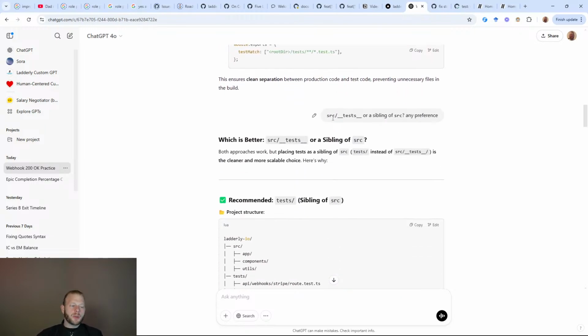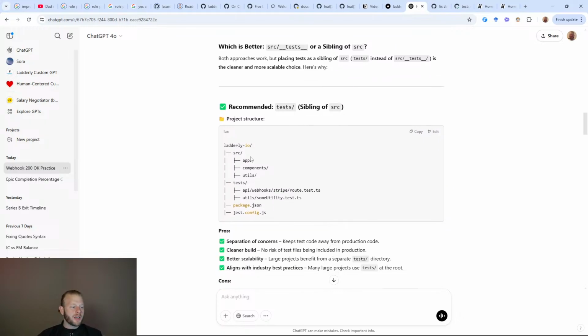And then I just double-clicked. I'm thinking, well, if I want to have a parallel file structure, why be a child of source? Why not be a sibling of source? So I double-click and I ask, do we want to go source/tests or a sibling of source? And it says, good point, let's do a full parallel. So we'll have a sibling folder here. And I quite like this. If we're going to do a parallel file structure, this is pretty clean because I just have one directory that holds my tests. Pretty happy with that.